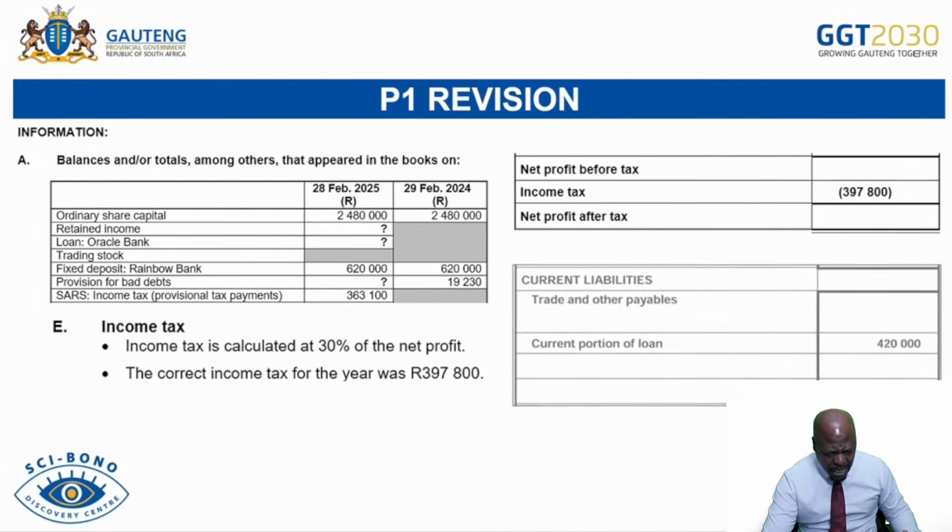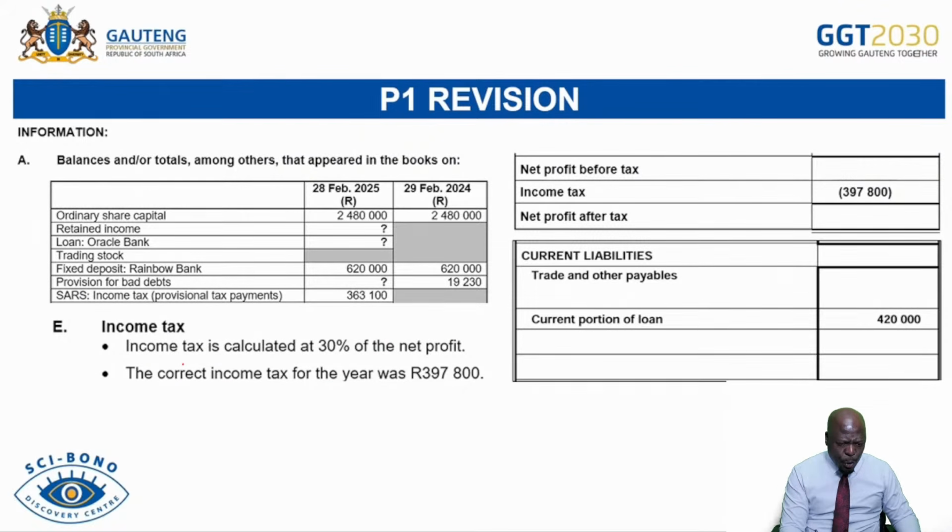What is the other option that can be tested? All right. So here we're given income tax is calculated at 30% of net profit. So here you're given income tax then. All right. And then you are told here. So remember that is what? 30%. So here this is always 100% and this becomes 70%. So it becomes easier to get this one. You want 70 and you have 30. Multiply by